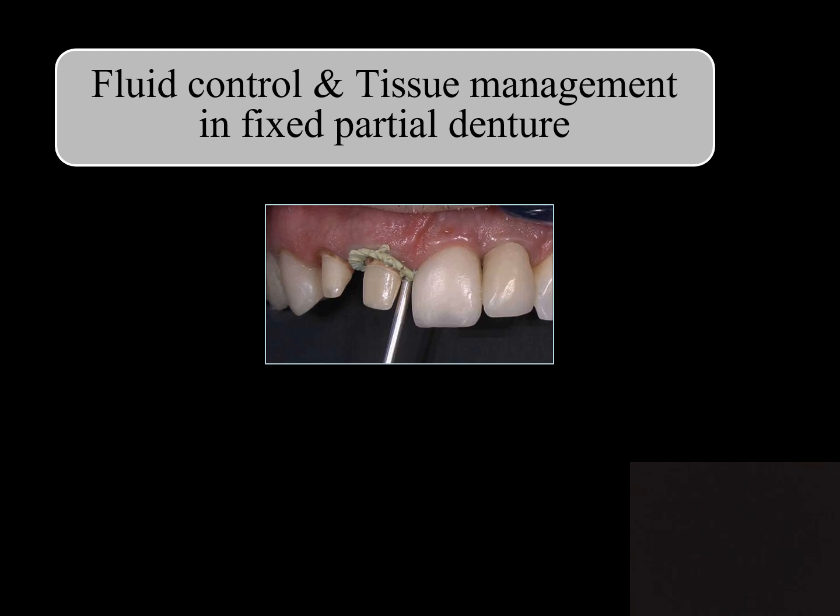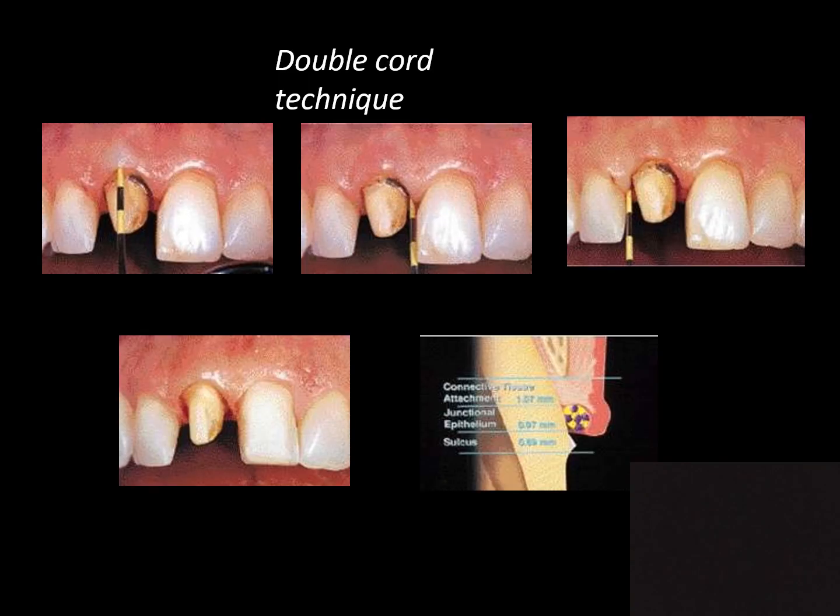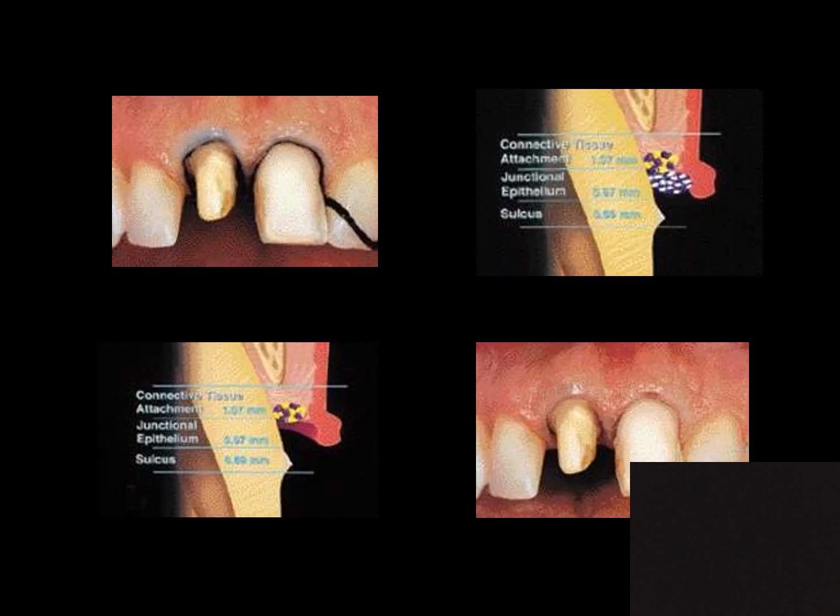Fluid control and tissue management in fixed prosthodontics. First is the cord technique of gingival retraction, in which the double cord technique is used. In this technique, a smaller size of cord is placed first over the sulcus in the depressed region. This will provide a lateral displacement of the gingival tissue, followed by a larger diameter retraction cord, the second retraction cord, placed over the smaller retraction cord. This will again produce a perfect lateral displacement of the gingival tissue present over the prepared abutment